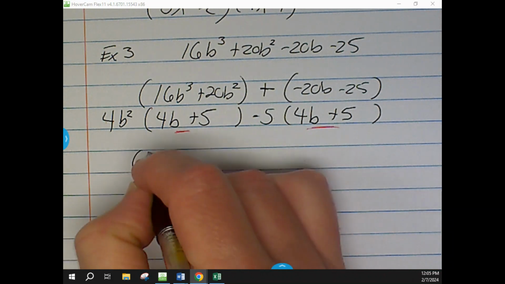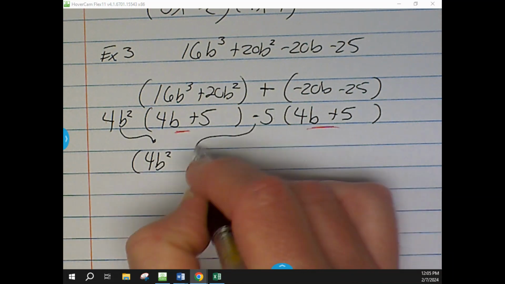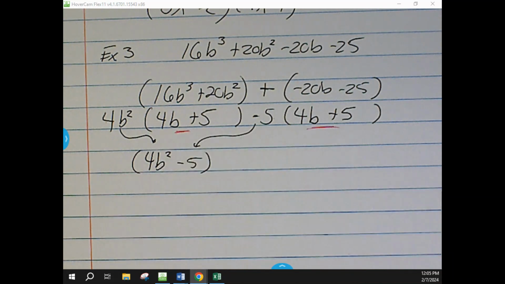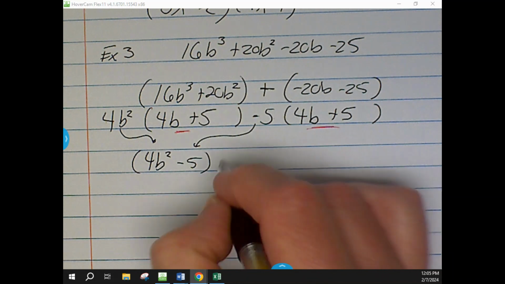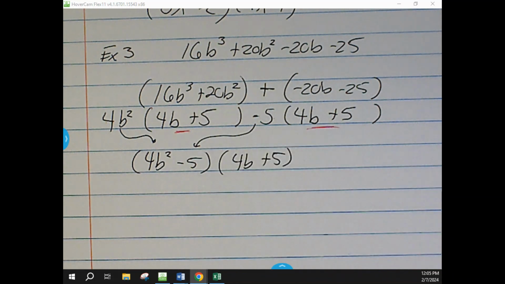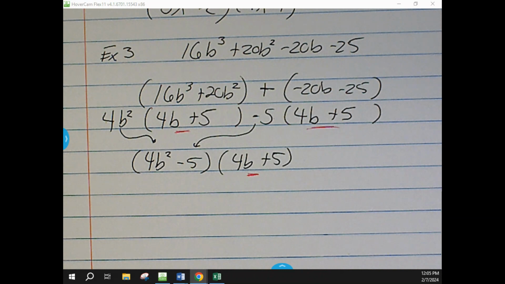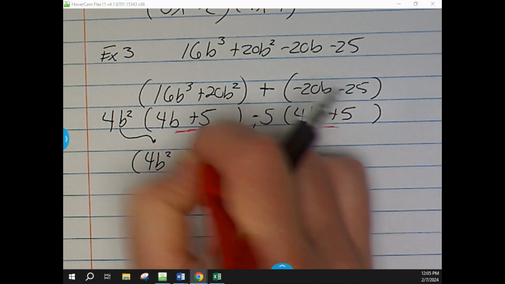Okay, so for this one, we'll do a 4B squared here. We'll do a minus 5 there. And then this 4B plus 5 that was back here. Good to go there. It's so easy. It's literally just taking it